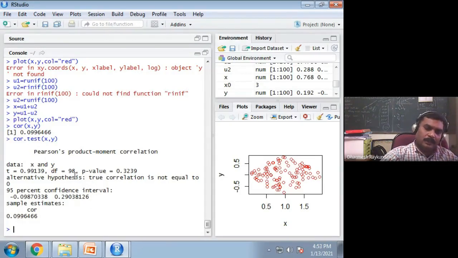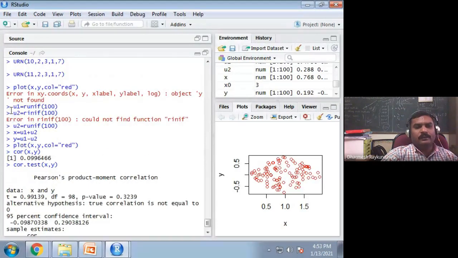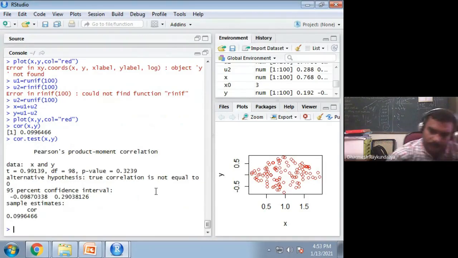Because the null hypothesis is rho equal to 0, and this is the confidence interval for the estimate of rho. 0 is there because the interval runs from minus to plus, so 0 is always between them. It means that it is one indication that the null hypothesis is accepted. Okay, so whenever we ask in examination, you have to generate this, then find this out, plot, write the result, and give the interpretation.